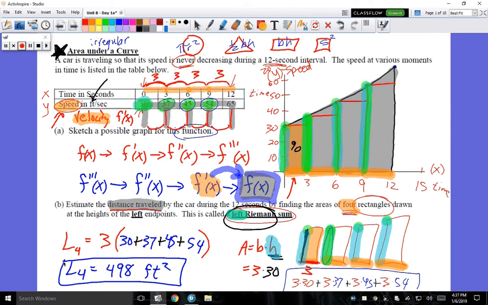And because this area is the integral of this velocity graph, the way we're going to interpret is displacement. Again, I was showing you that here, that we go from the first derivative to basically the position function, but you're going to learn that that's called displacement. So that area, it was displaced on those 12 seconds. The distance traveled was 498 square feet. Okay? Or you could say, in this case,